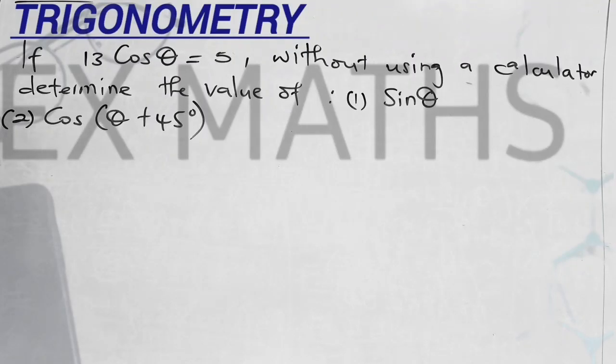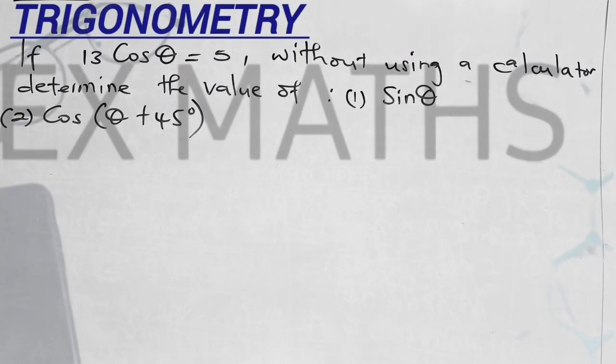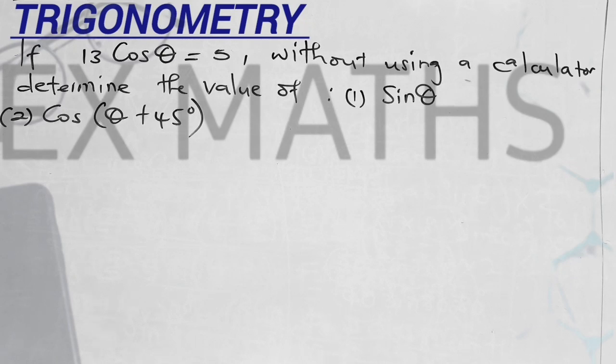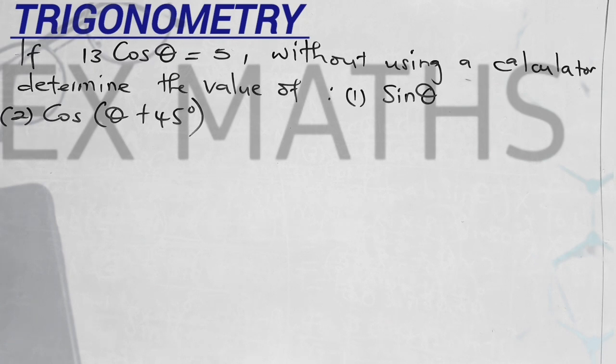If 13 cos theta is equal to 5, without using a calculator, determine the value of item 1, sin theta, and item 2, cos of theta plus 45. So I want to start with sin theta. So what we need to do here,